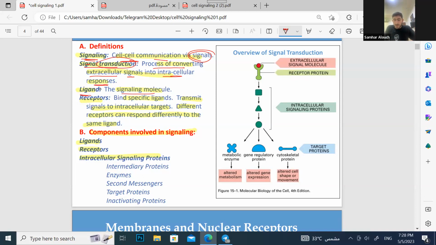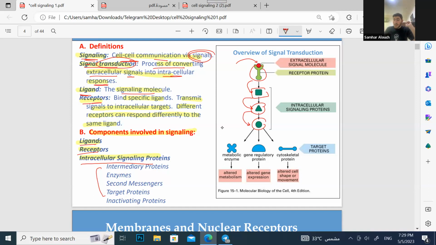Ligand is the signaling molecule, and receptor is the thing that binds to the specific ligand. So the components are ligand, receptor, and the intracellular signaling proteins. And these are things like enzymes, second messengers, target proteins, many other things. So this diagram is actually cool. We have the molecule go and bind to the receptor. The receptor activates an internal signaling pathway, which means that it activates one enzyme. This enzyme activates another enzyme. This second enzyme activates a third enzyme. And this third enzyme activates a fourth enzyme, and it continues till it reaches an enzyme that causes a